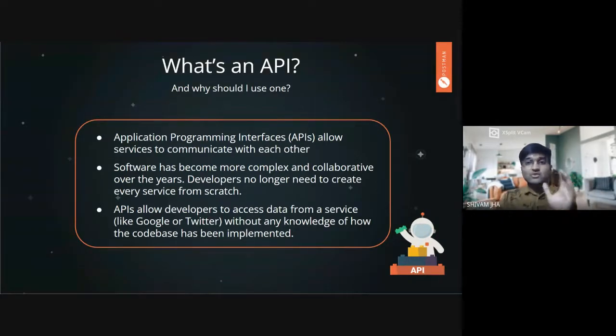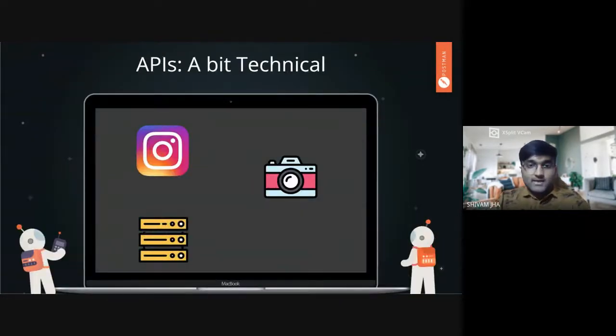APIs bring a sense of modularity to your software development process. It's like you just put together two or three blocks of different functions, and all the blocks come together to create a fully fledged software. So that's what APIs do in modern tech. Now we can also say that an API is something technicality based. APIs transfer data between not only systems but also hardware.